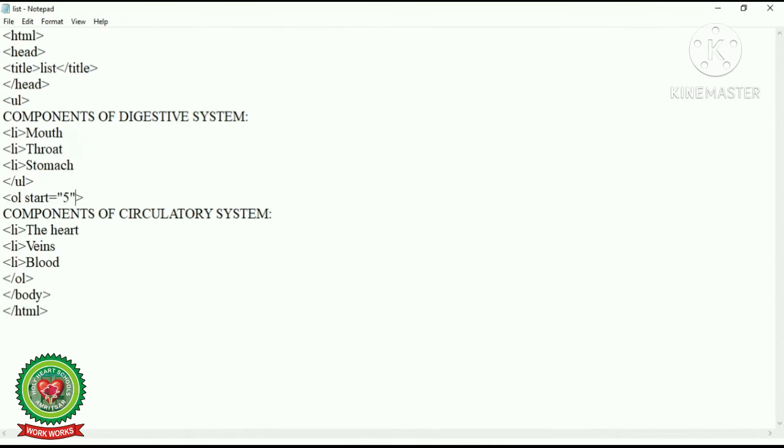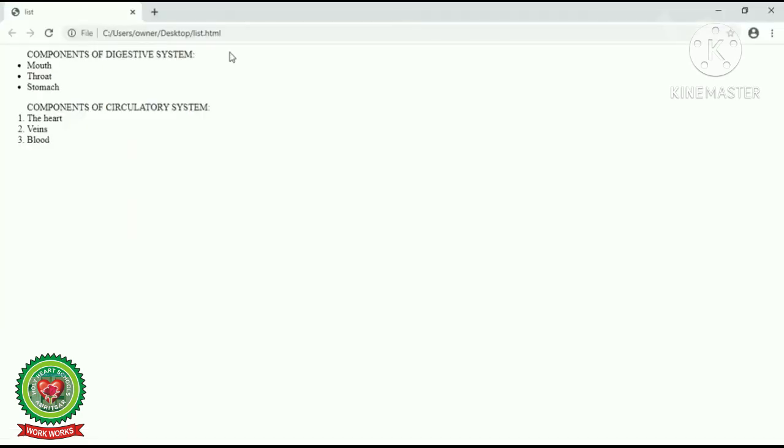Now press Ctrl+S from the keyboard. Now see the result. Refresh it. Now you can see ordered list is started from 5, 6, 7. So this is the start attribute.